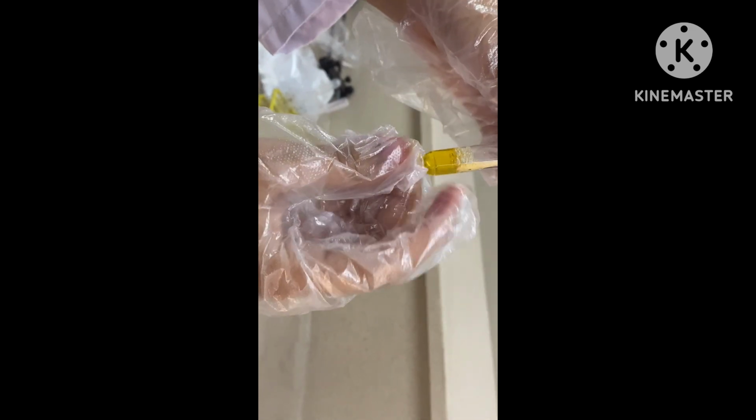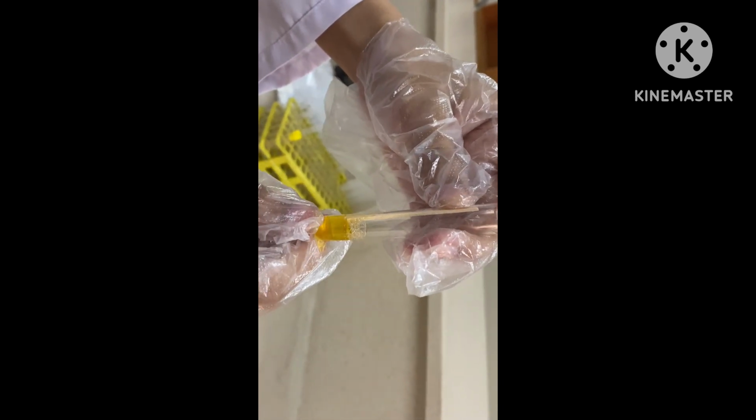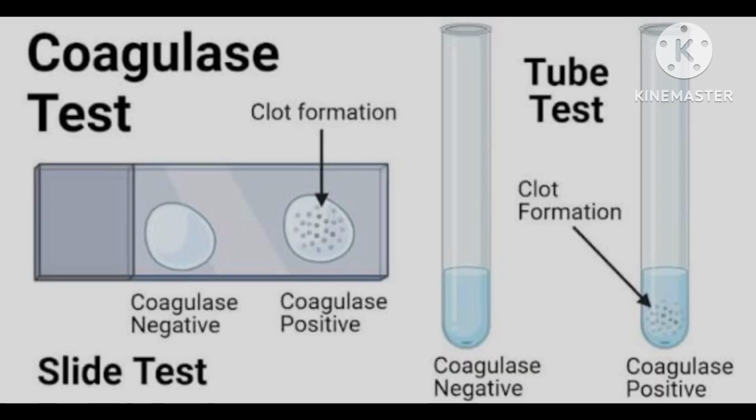In the test tube coagulase test, take 0.5 ml of plasma in a small sterile test tube. Inoculate it with the test organism and then incubate at 37 degrees Celsius. Observe at 1, 2 and 4 hours and also keep overnight if negative initially. In results, there is formation of a visible clot that remains in place when the tube is tilted. It shows positive results, and if plasma remains liquid, it shows negative results. It is positive for Staphylococcus aureus and negative for Staphylococcus epidermidis.